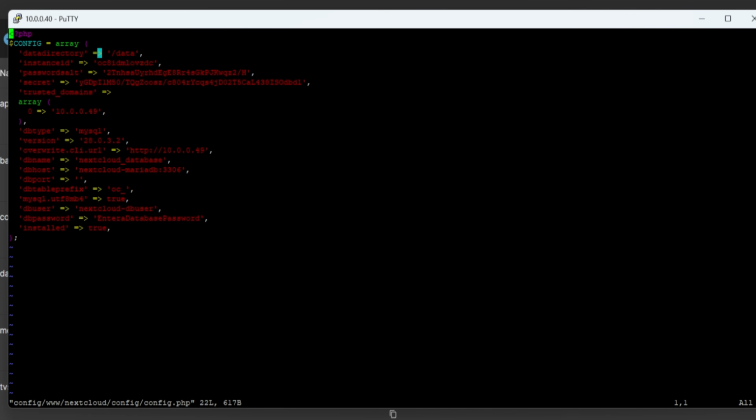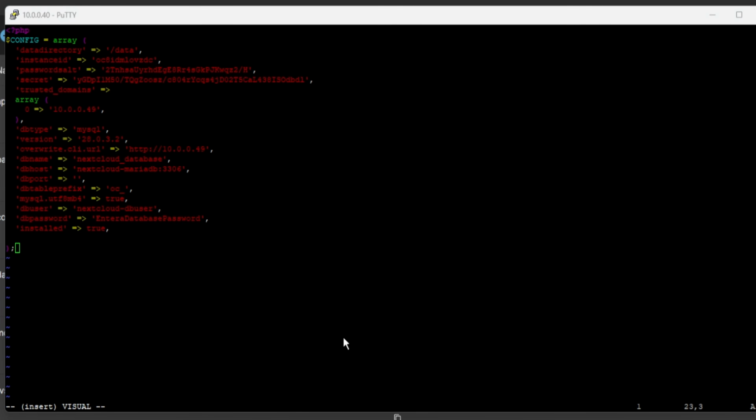Now I'll post this in the description. Well, I'll see if I can add it into the GitHub, but you do have to make these changes if you want to fix those errors. So you're gonna go here to the bottom, then you're gonna do enter, then you're gonna copy and paste this. If you're trying to paste anything into the command line and you see insert visual, it's not gonna let you copy anything. And the way I get around this is we can close this file,